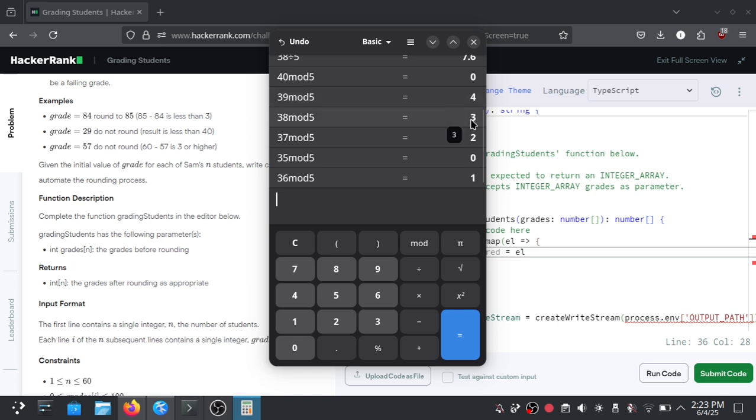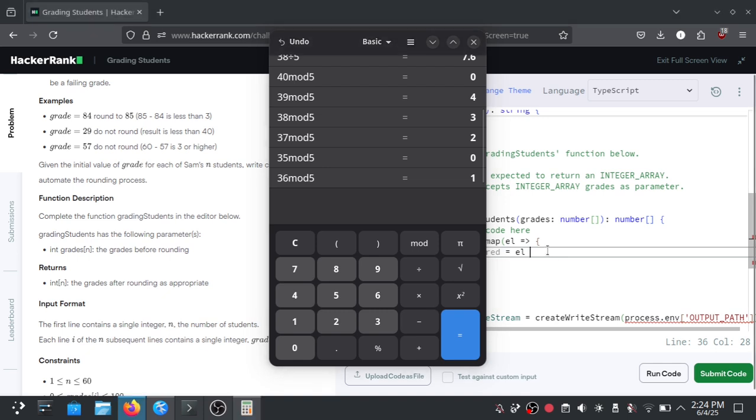If it's below 3, then we are not going to round up the grade, and if it's 3 or more from the modulus calculation, then we will round up to the nearest multiple of 5 from the current score.